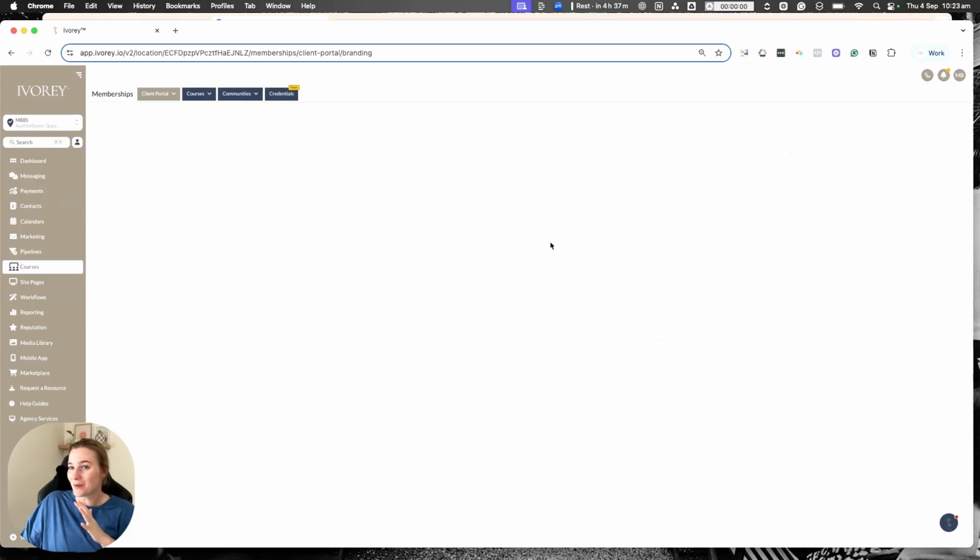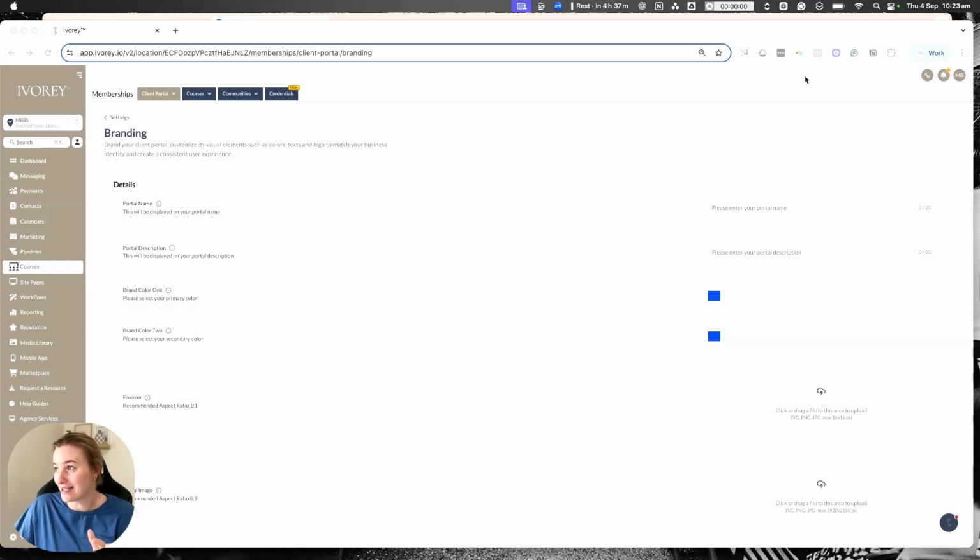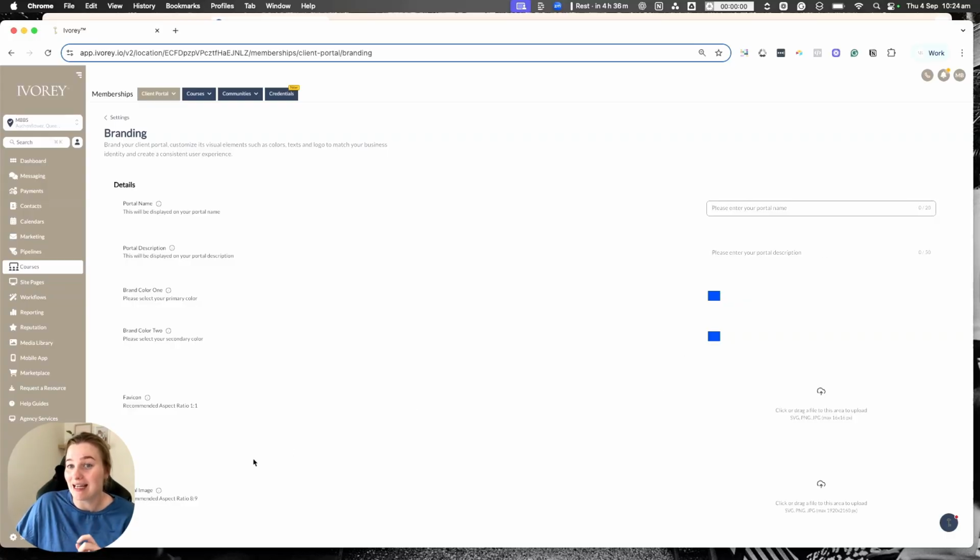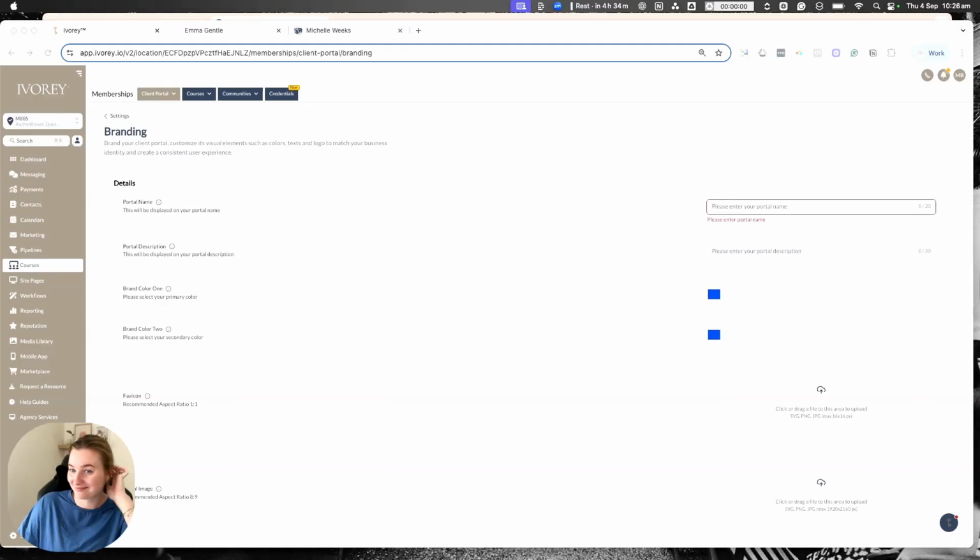Okay, this branding one is the one that a lot of people have missed. It looks like the generic branding that we've got going on. So your portal name, I actually wouldn't give it a name because when you go and open that portal, it's going to come across the top, and I'm going to show you two examples. So having the portal name,